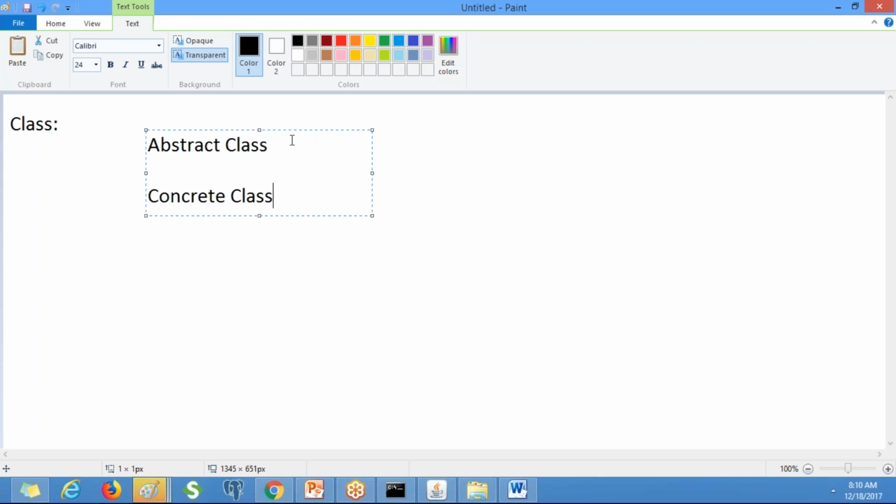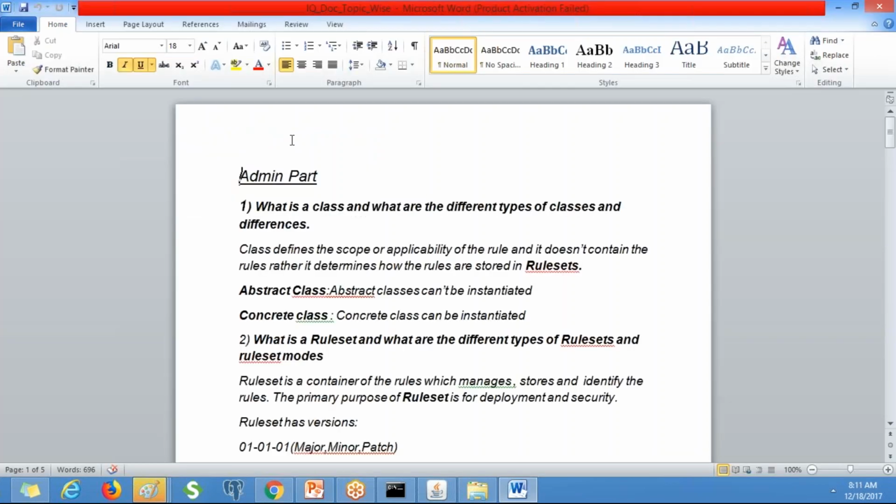For example, W-1, work object 1, is an instance of the loan application. You can create instances using concrete classes but not from abstract classes. You have to give the PRPC definition, not simply say it is a collection of objects.